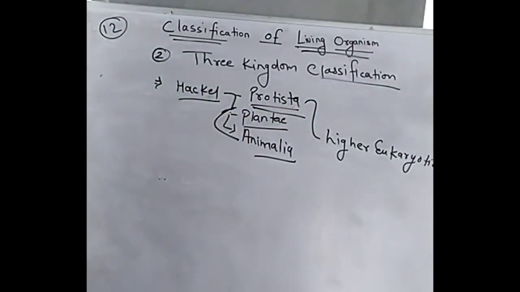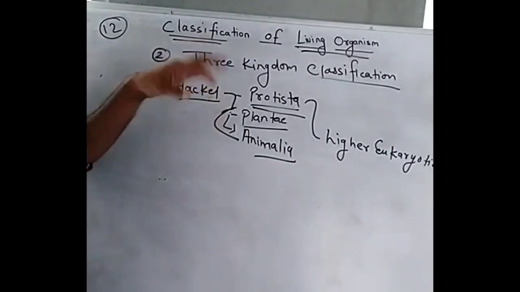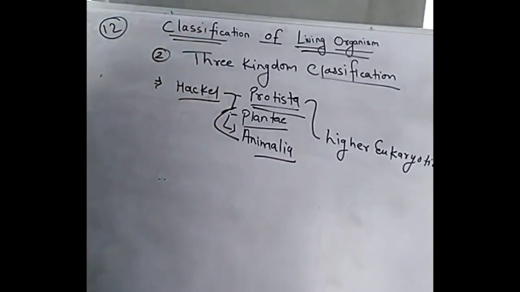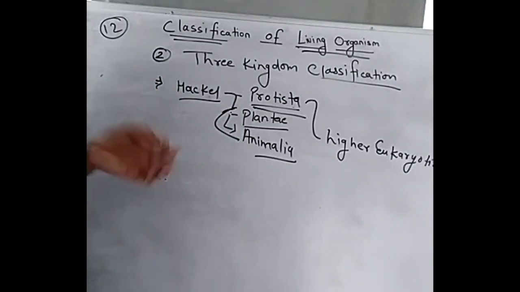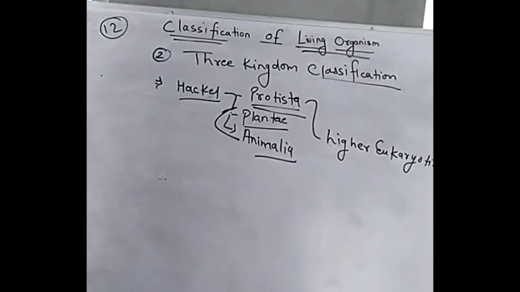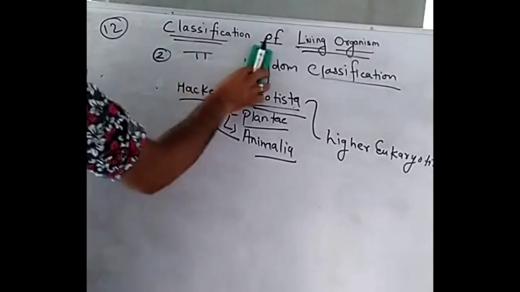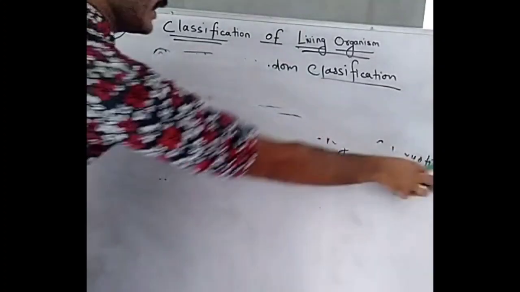It's a three kingdom classification. But Haeckel also did not describe the prokaryotic and eukaryotic difference, and some other things like multicellular and photosynthesis. That is the reason the Haeckel kingdom is not accepted by